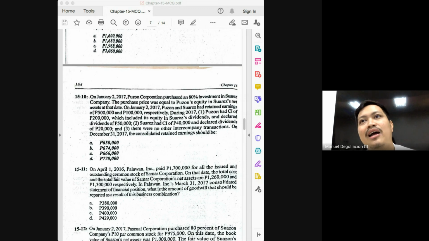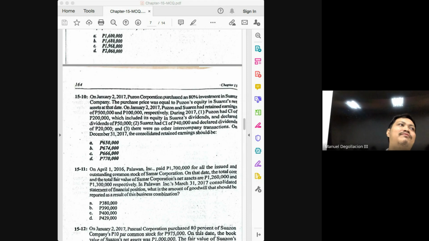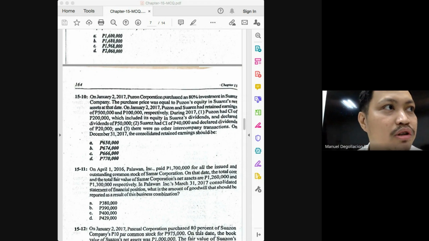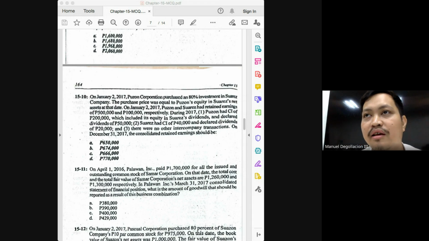Okay, next, add what? Add the income of the parent. Not the consolidated income attributable to the parent. Again, as I mentioned at the start, the total income of the parent is not the same as the consolidated income attributable to the parent. If you look at the separate income statement of the parent, how much total comprehensive income are you going to see? That would be the 200,000.